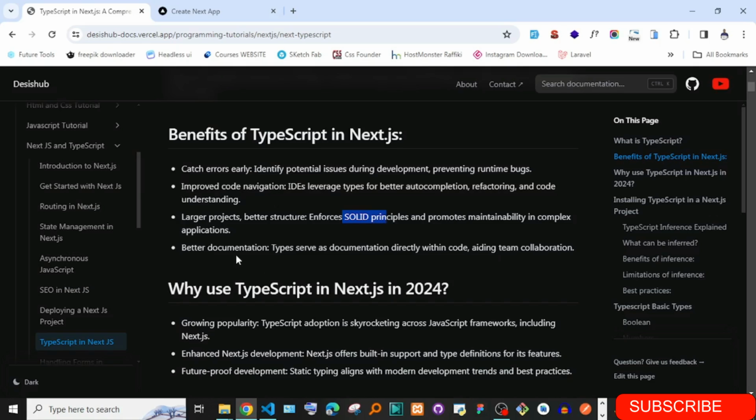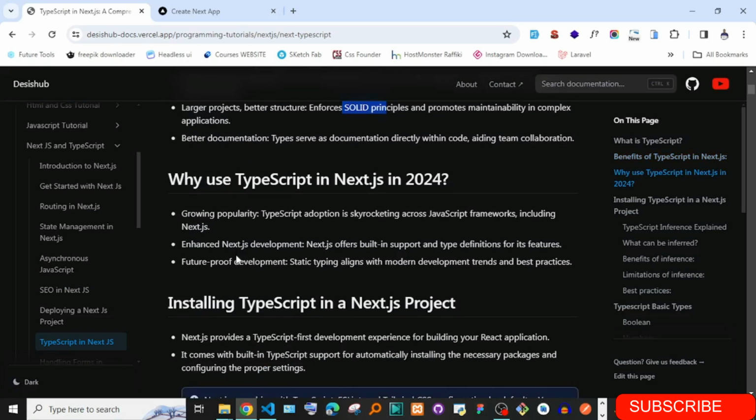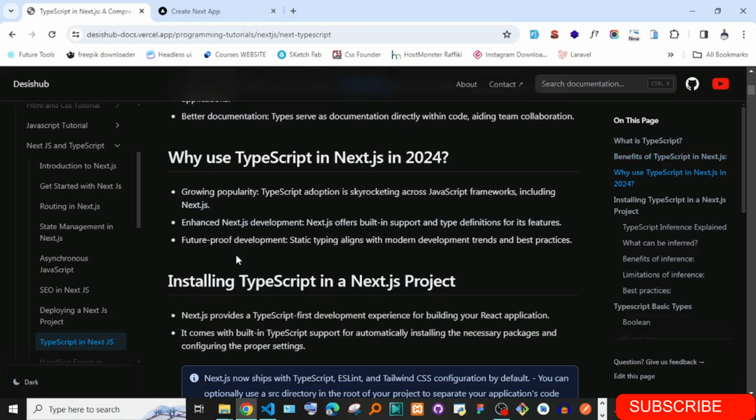Okay, so you can just go ahead and read about why Typescript, but of course one thing I've already said about why you should learn Typescript in this 2024 or even these years, if you have watched this later on, is that it is growing in popularity. The fact that everyone in the React world or the React community is learning Typescript or knows Typescript, definitely you'll be forced to know or understand how to use Typescript.